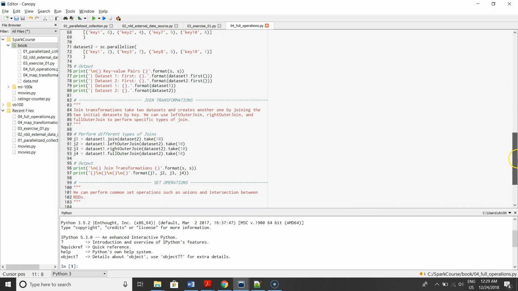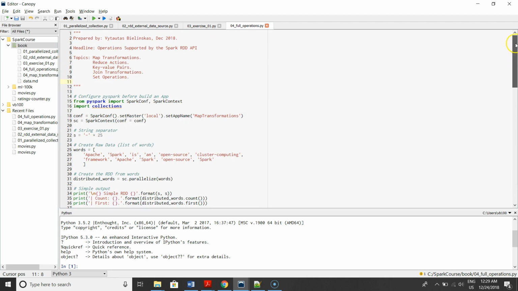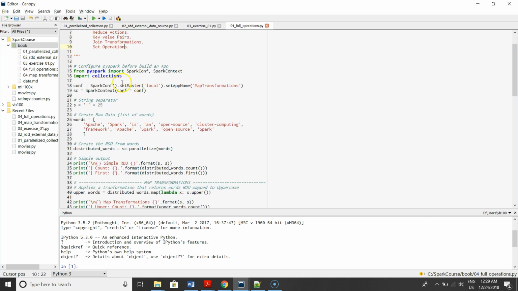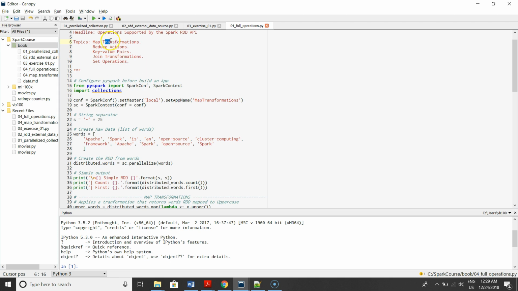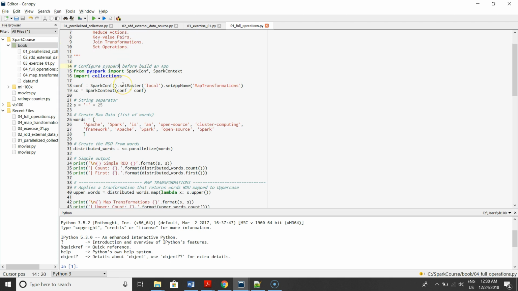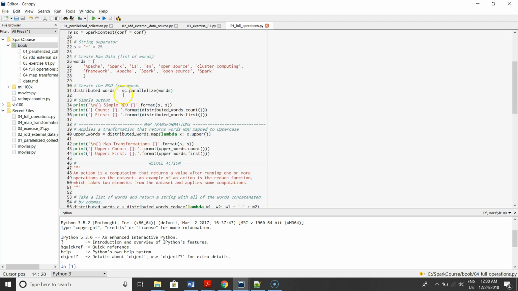As you can see, the code is fully written, and I hope to show the performing of each part, introducing each function and how it works for simple datasets. So let's begin with map transformation, and map transformation begins here